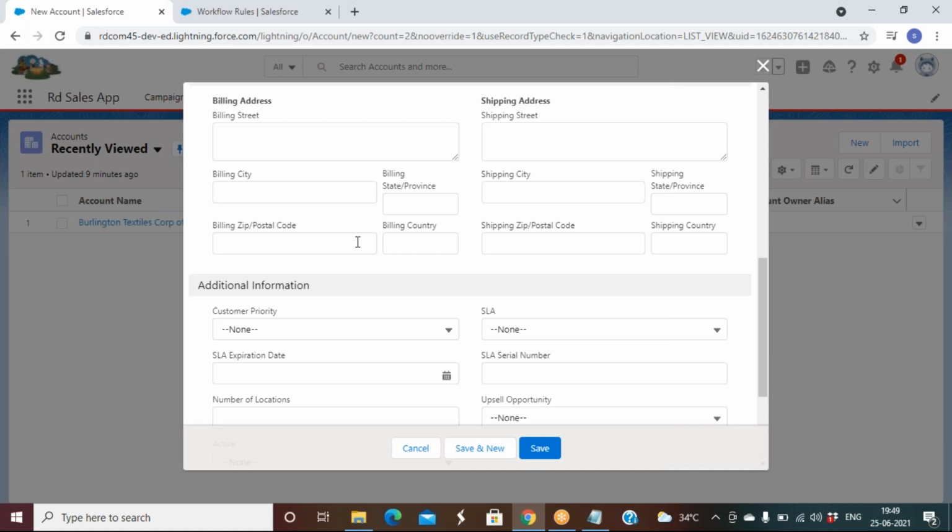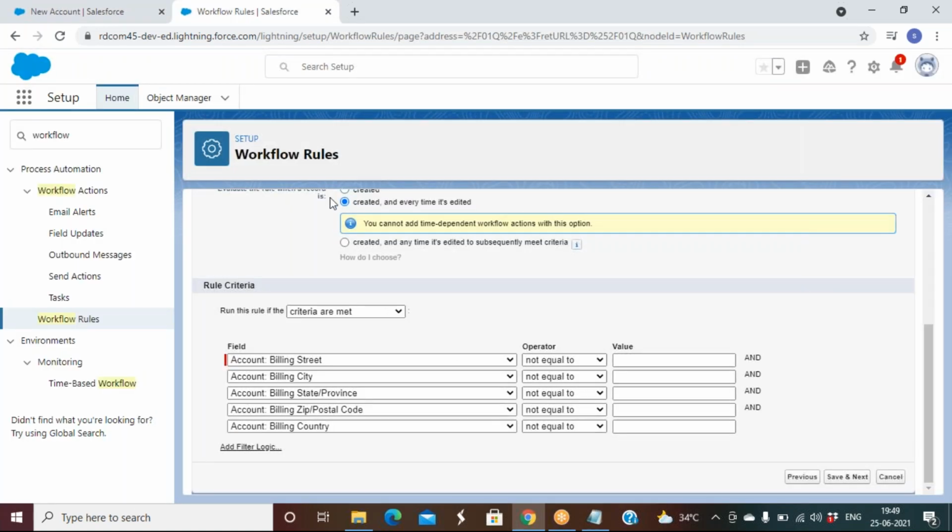Let's say he has just a city value and country, and he doesn't have the other fields' data. But in the condition you are saying that all the fields should have data.